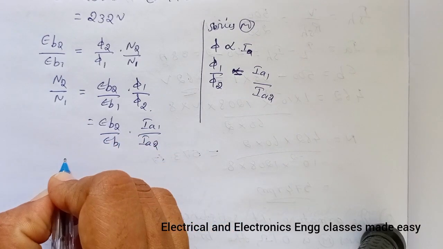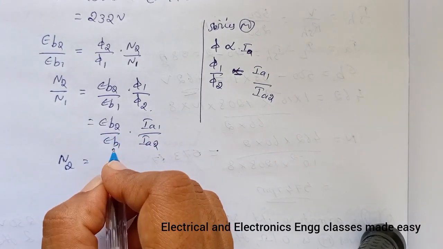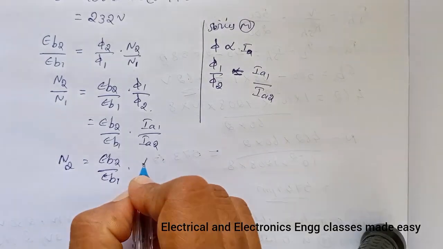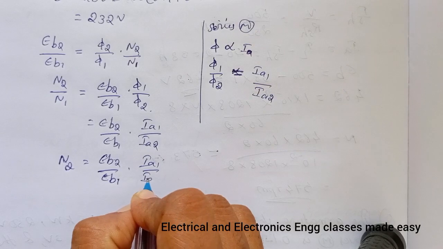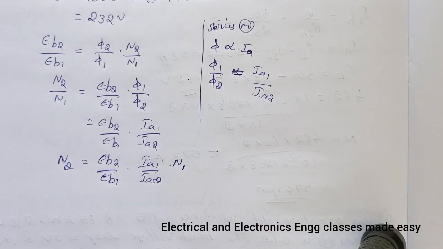So we can write N2 is equal to EB2 divided by EB1 into Ia1 divided by Ia2 into N1,